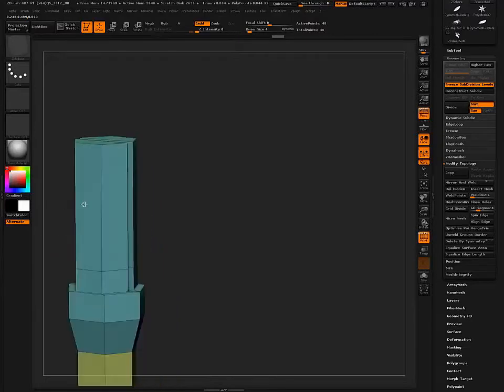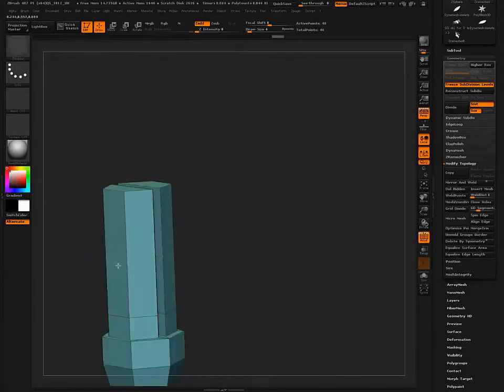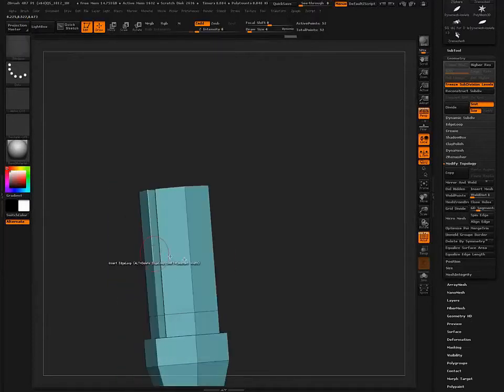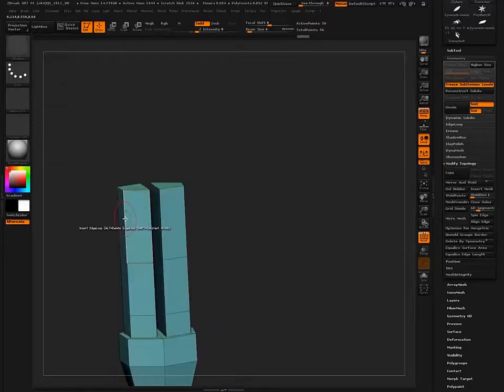Then let's get one here. I don't want to QMesh again. I just want to insert edge loop. There we go. And then let's get one here. In there. All right, now